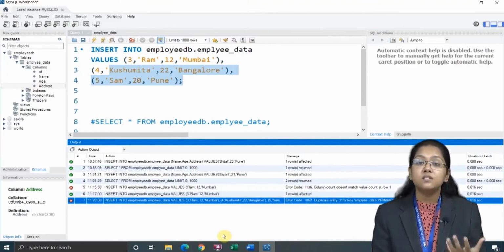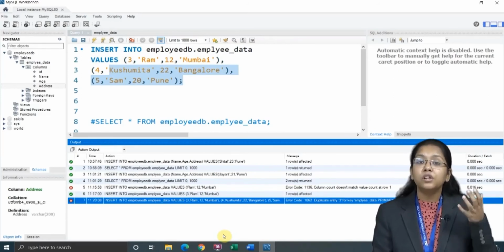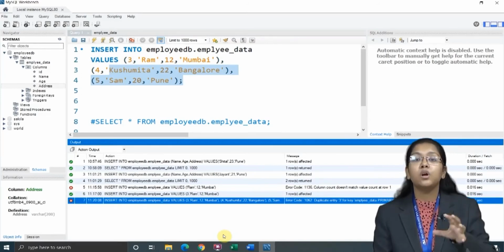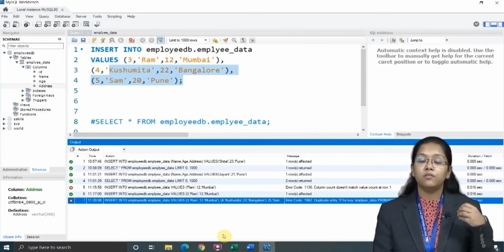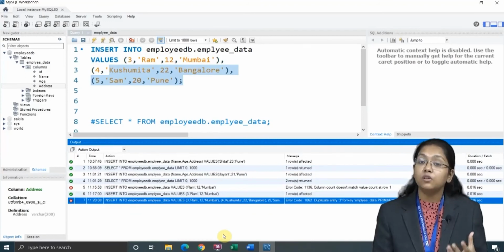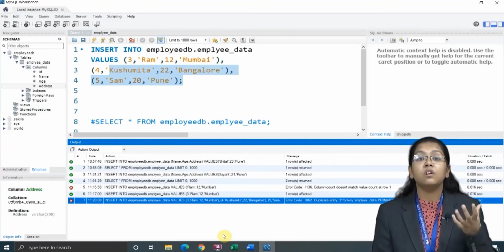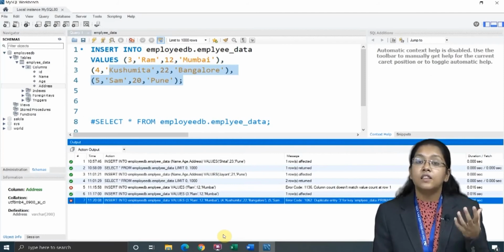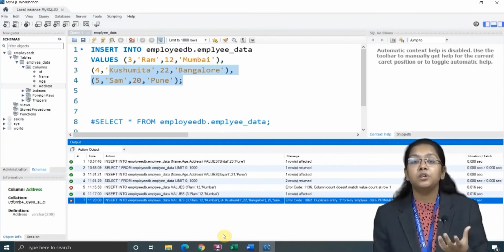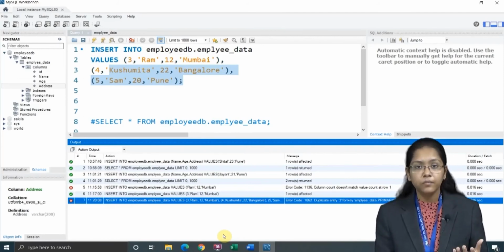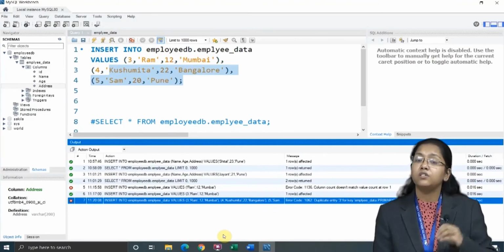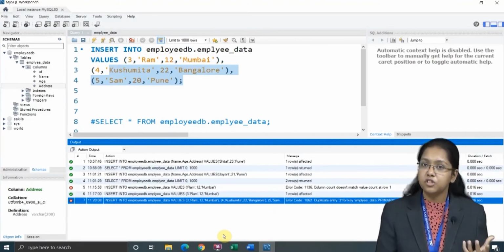Because you need to understand errors also, to find out where you are going wrong. Right now I am teaching you, it's okay. When you do it by yourself, you need to read the particular error. Then and only then you will be able to debug your queries. This is very important in simple programming languages also.